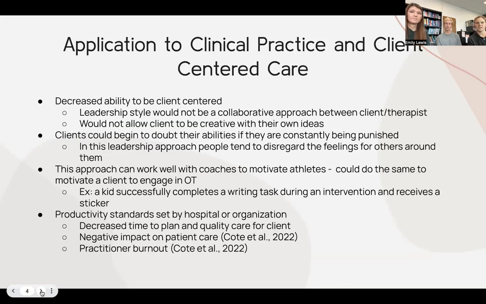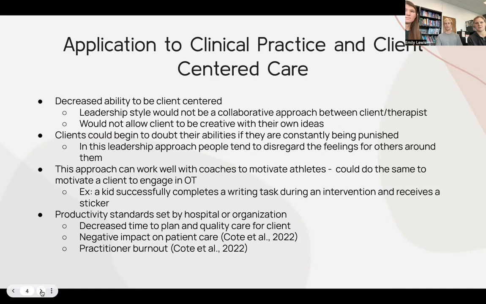Okay, and then application to clinical practice and client-centered care. The transactional leadership style causes there to be a decreased ability to have a client-centered approach, like Evan just mentioned. This style would not allow for collaboration between the client and therapist, as the therapist would make all the intervention plans and goals without input from the clients. There would not be as much creativity from the clients, which then loses a huge aspect of the holistic approach